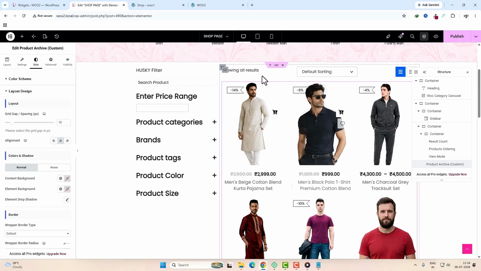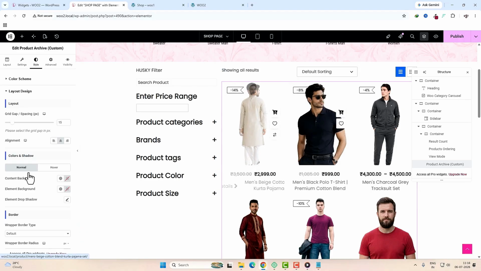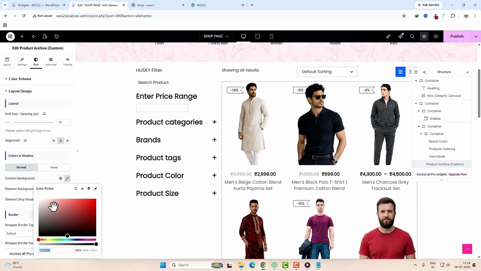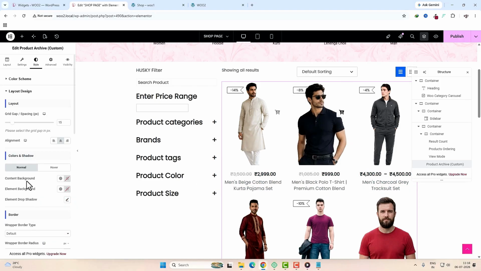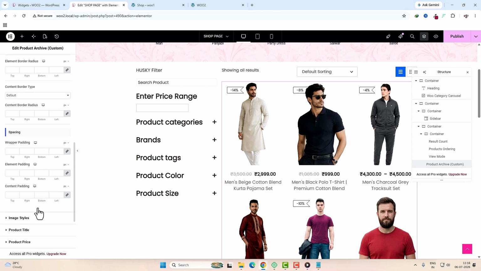If you want to add the content background, you can always do that. For that, you have to click here and whatever color you want, you can choose like that, okay. But I don't want anything, so I'm keeping it as it is. Similarly, you can change the element background, element drop shadow, everything, okay. Now directly